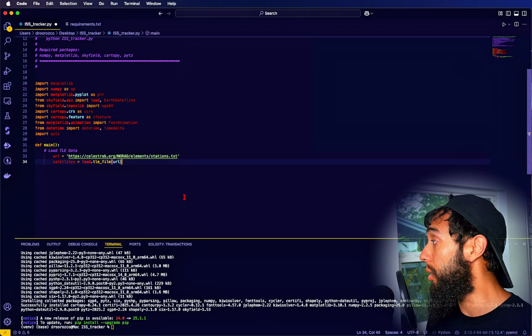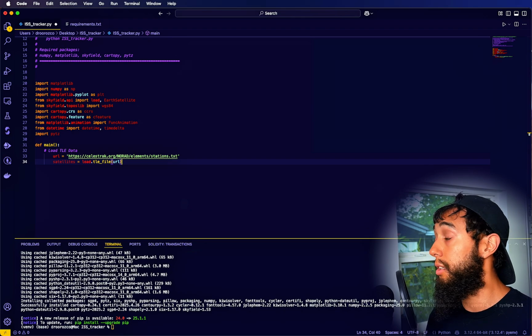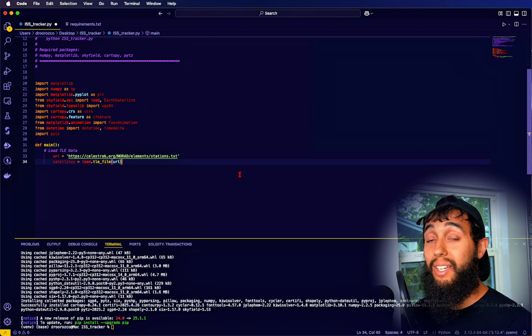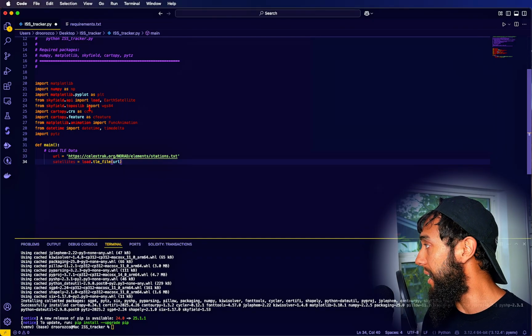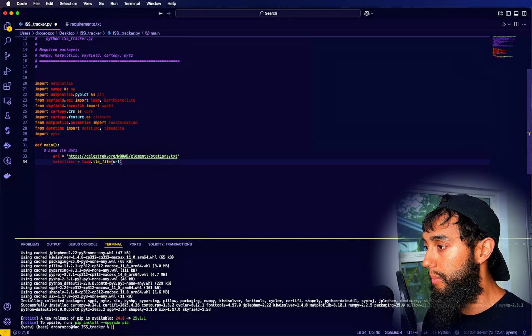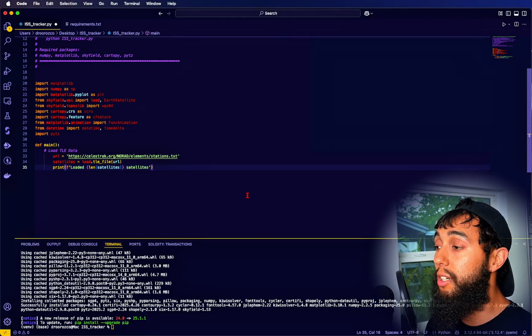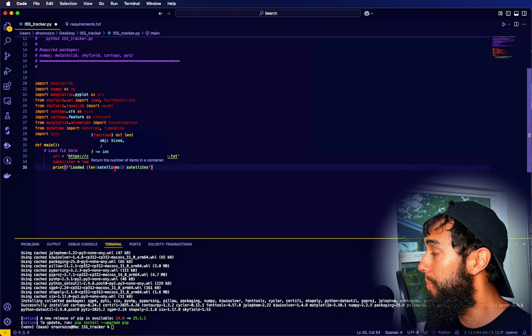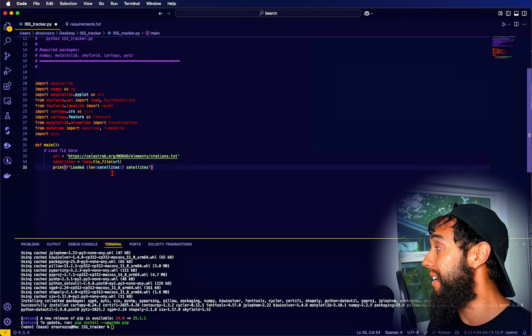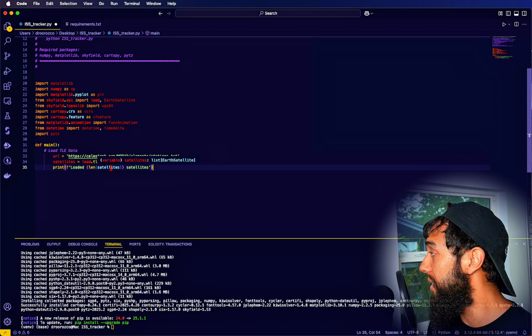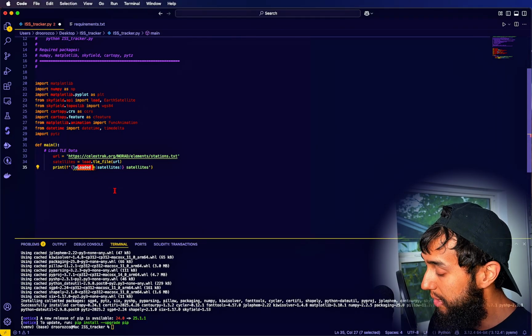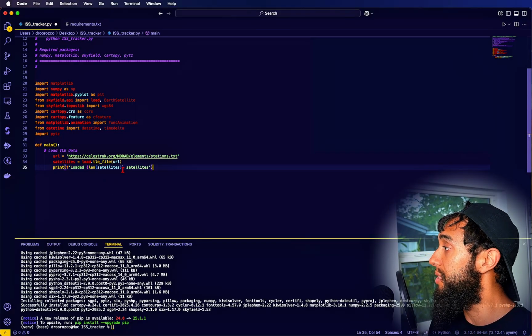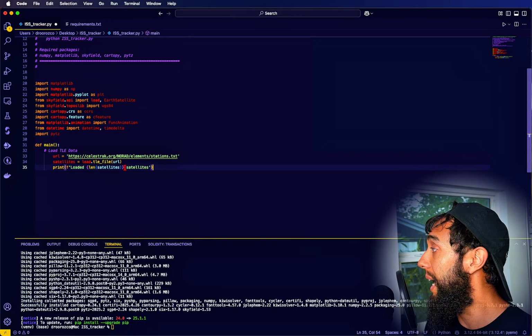Now we want to be able to download and parse the TLE data into a list of Earth satellite objects. Remember, we mentioned Earth satellite up here for Skyfield. Okay. The F string that you see here allows inline variable evaluation. The len(satellites) shows how many satellites were loaded. Okay, so we're going to see this later. When we run this command, it's literally going to print out loaded, and then it's going to give the amount of satellites that were loaded, and then it's going to say